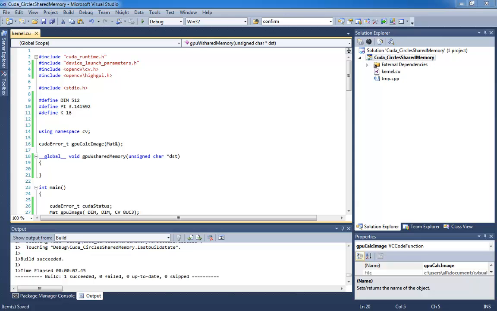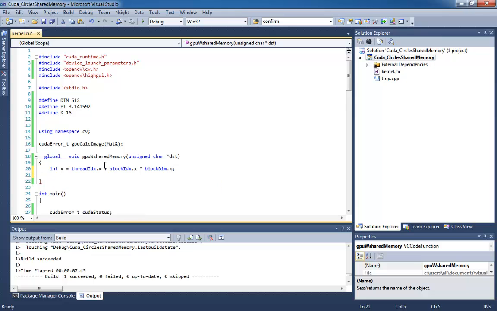and in the kernel what we're going to do is we're going to create our x and y. So int x, as I said, is going to be thread index dot x plus how many threads are before you, which is going to be block index dot x times block dim dot x. Let's calculate y. Y is going to be thread index dot y plus block index dot y times block dim